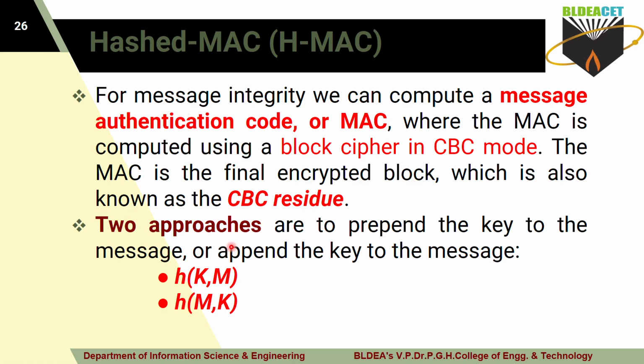So here the question is, how will you send the message? What is the order of sending the message and the key? Because if you interchange these two, the hash value you get is totally different. You already know that. So that's why you have two approaches. Instead of calculating the hash value for only the message, you calculate the hash value for a combination of the key and the message. That key is known only by Alice and Bob here. Then you can provide message integrity.